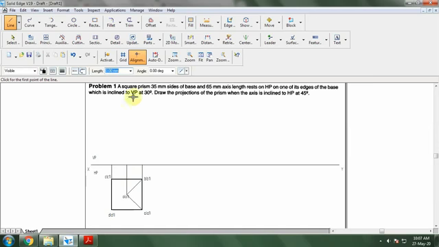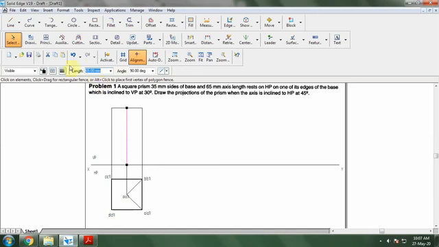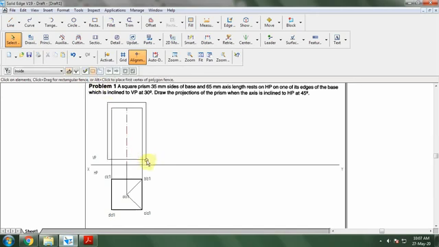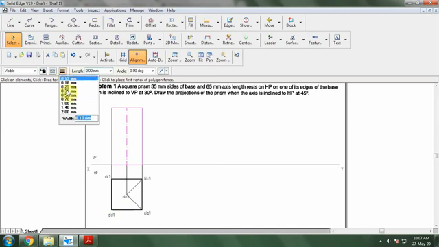The axis length given is 65. So I'm going to take 65 at an angle of 90. Similarly, the other lines also have to be drawn 65 at 90, and this also 65 at 90. Join the top, and the bottom also you want to join as the base. So this is your axis line. I want to make that as the axis line itself. Once you've done this, I want to select all of this and make it 0.5 mm.